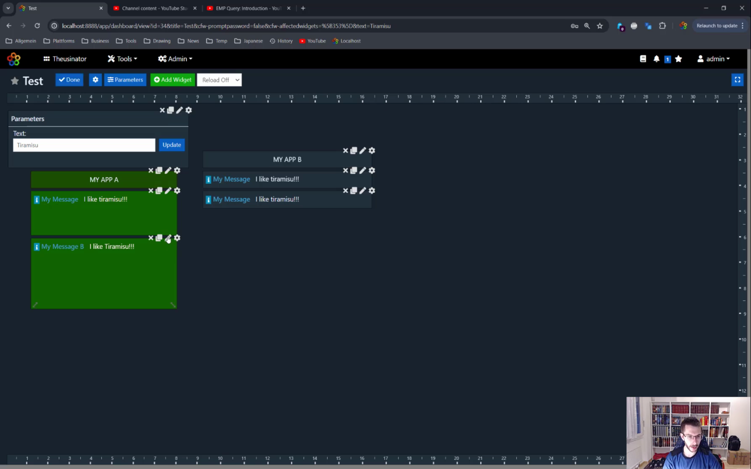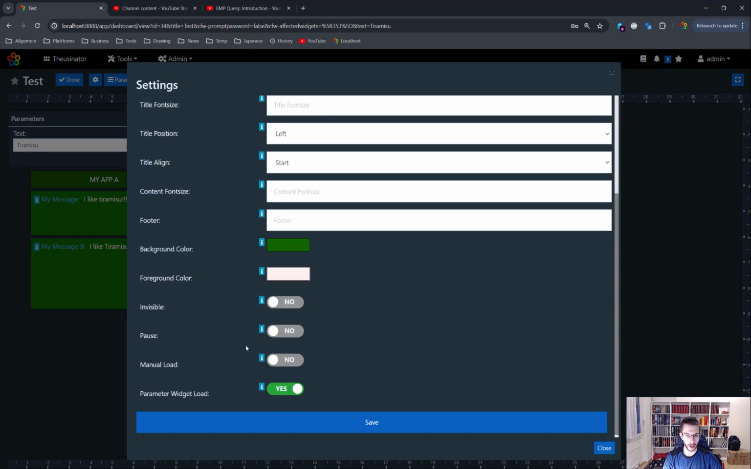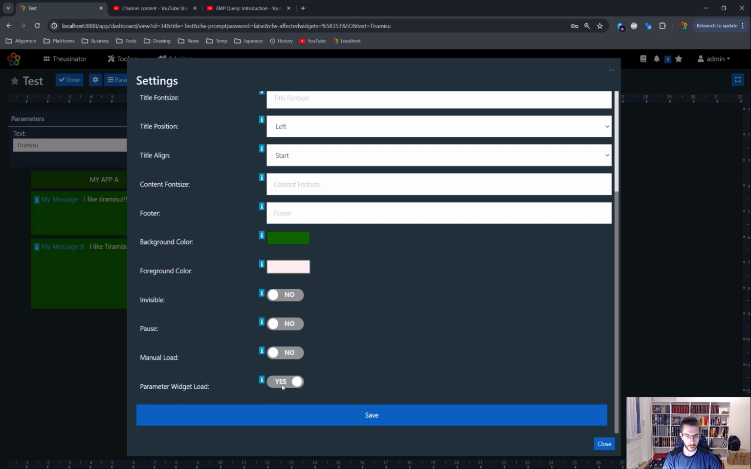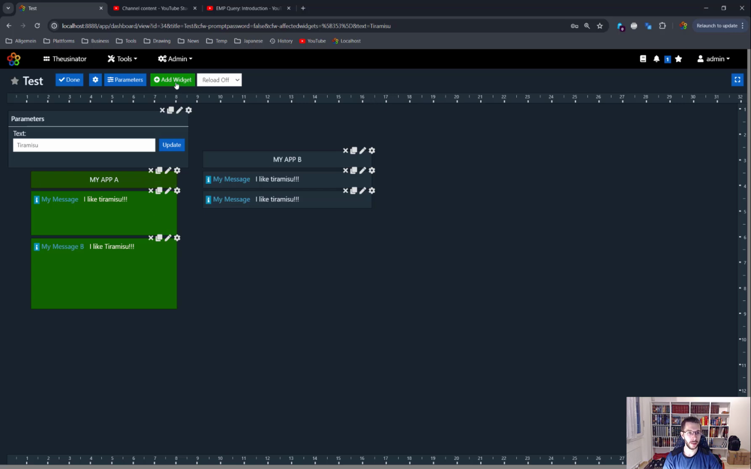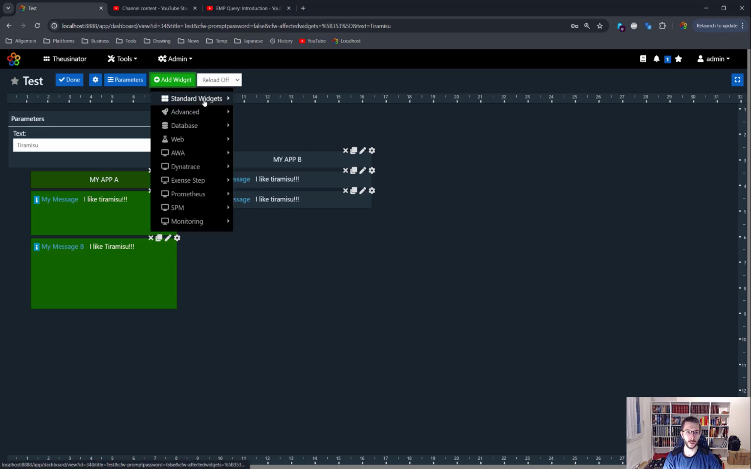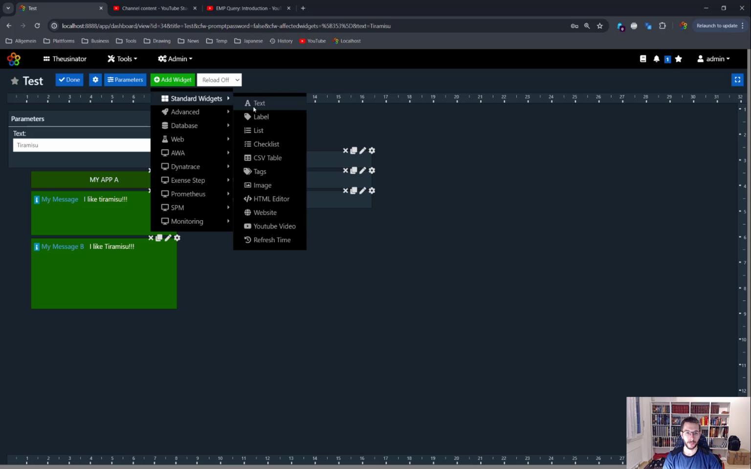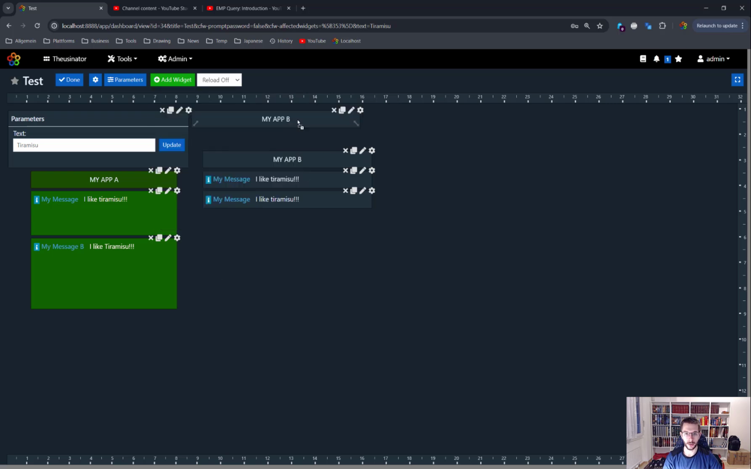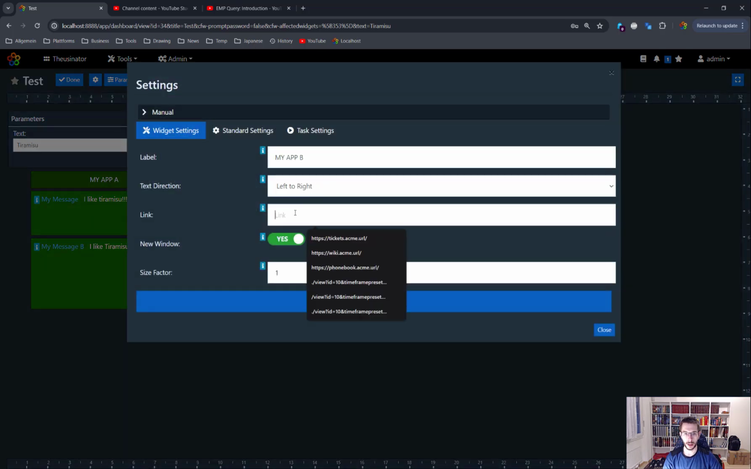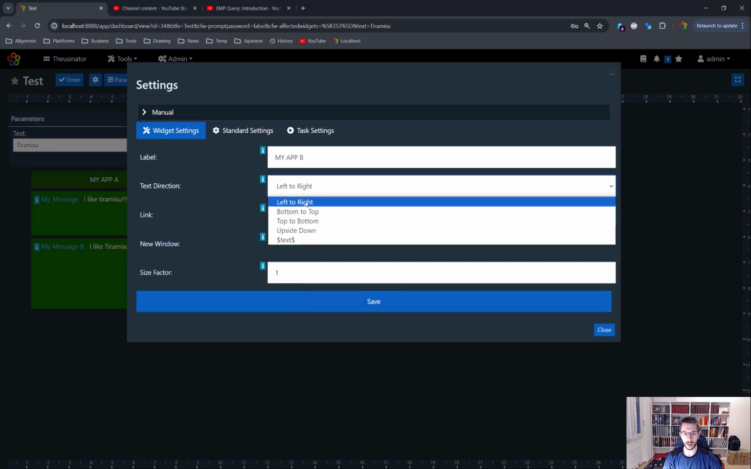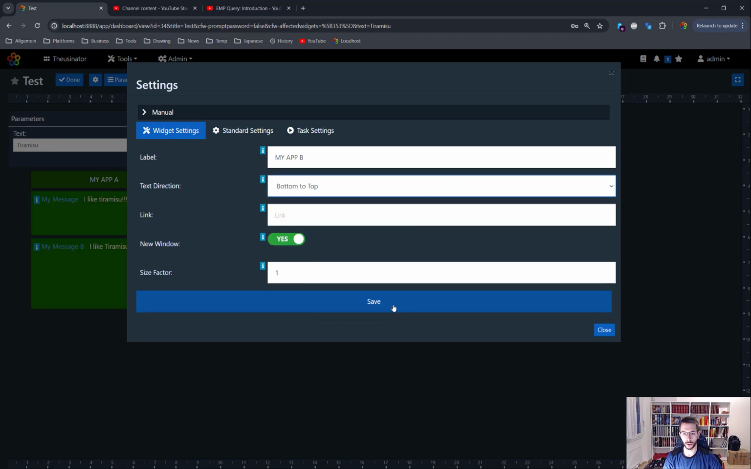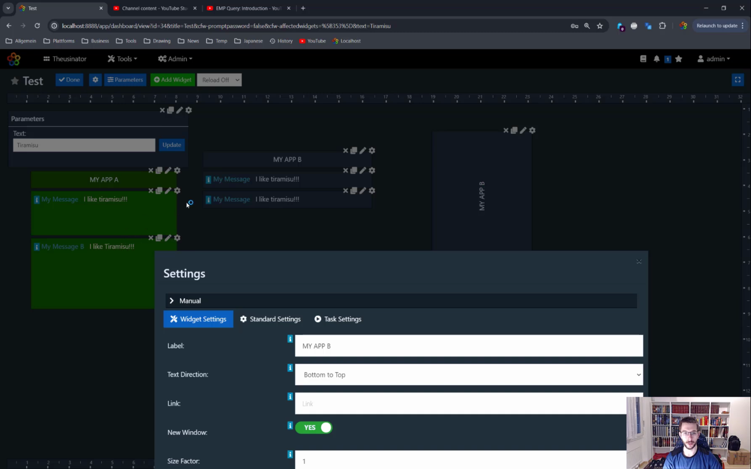Okay, let's see what else we have here. So that was the param widget load setting. Now let's see some of the standard widgets. So we have a text, which we already saw. We have a label. We have these kinds of labels here, and we can also put a link onto this label, and we can change the orientation of the label. For example, if you want to have something on the side,